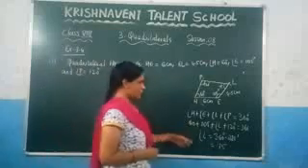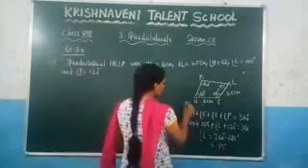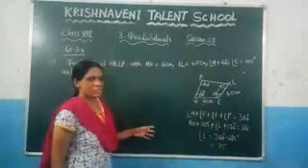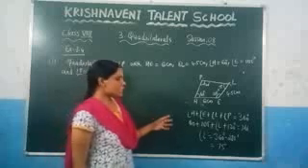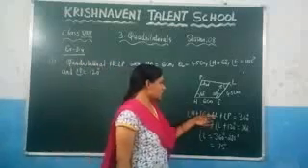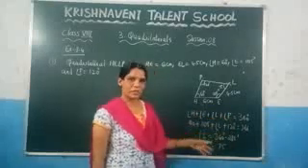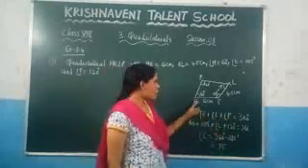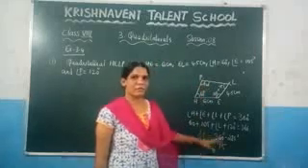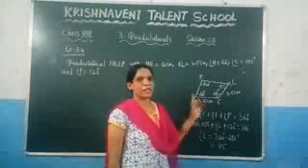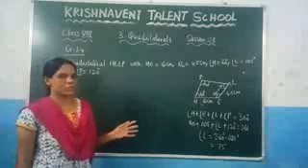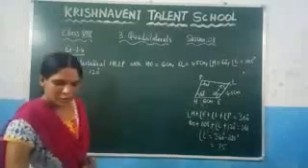Since the sum of the angles of a quadrilateral is 360, you write it like this. Since the space is not sufficient, I am not writing it all. Since the sum of the angles of a quadrilateral is 360, angle H plus angle E plus angle F plus angle P is equal to 360. So after substituting all these values, you can find the angle L, which is 75. Right? We are taking here the sum of the angles of a quadrilateral, which is 360. So now, based on this, you can construct by taking the instruments.